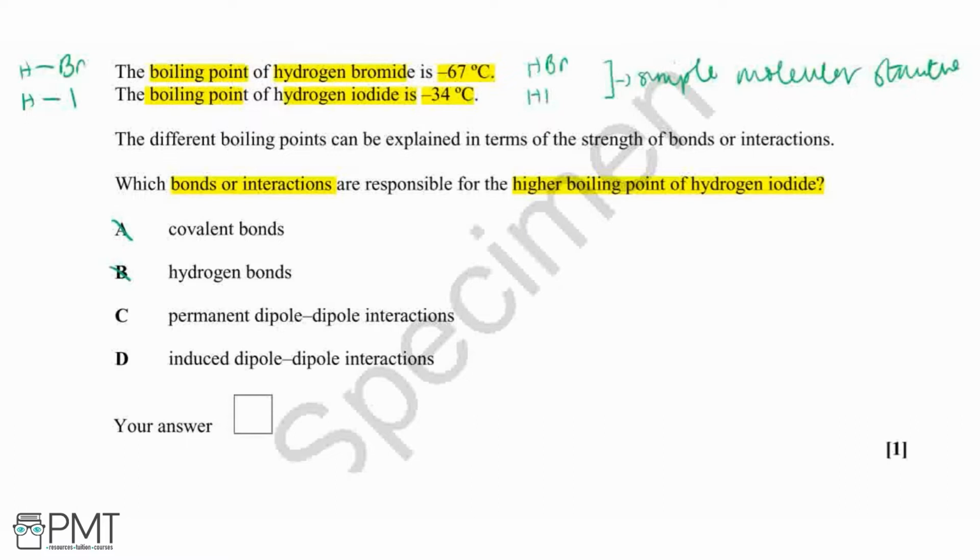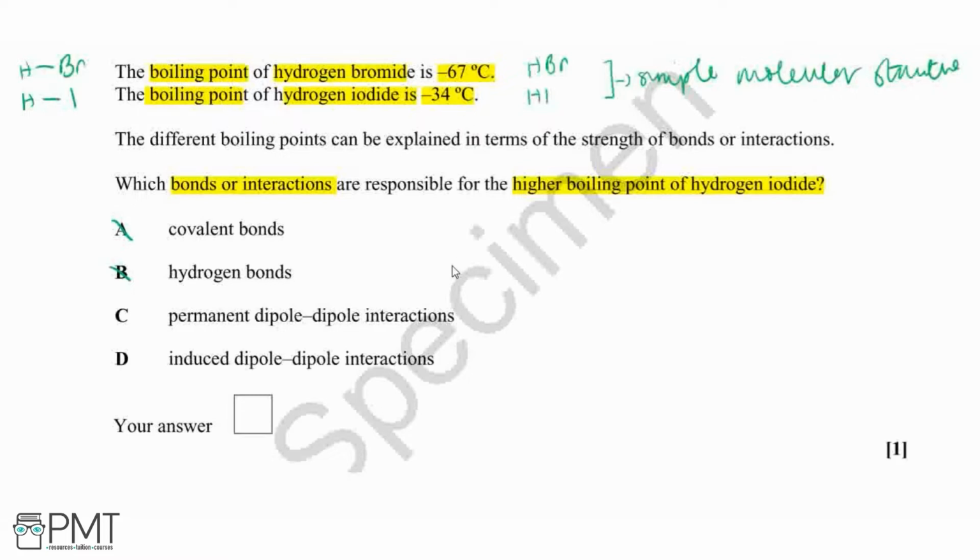And what we do know is that both of these compounds have permanent dipole-dipole and induced dipole-dipole interactions. But our iodine is further down in group 7, therefore it's got weaker permanent dipole-dipole interactions, which does not explain why it's got a higher boiling point than hydrogen bromide. If it's got weaker permanent dipole-dipole interactions, we would expect it to have a lower boiling point, so it requires